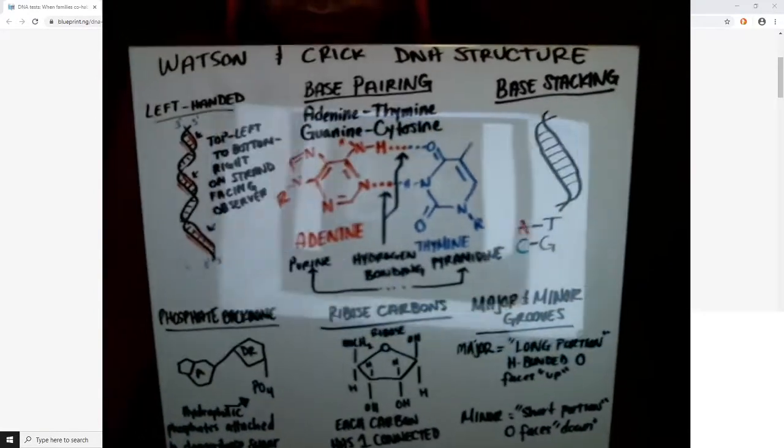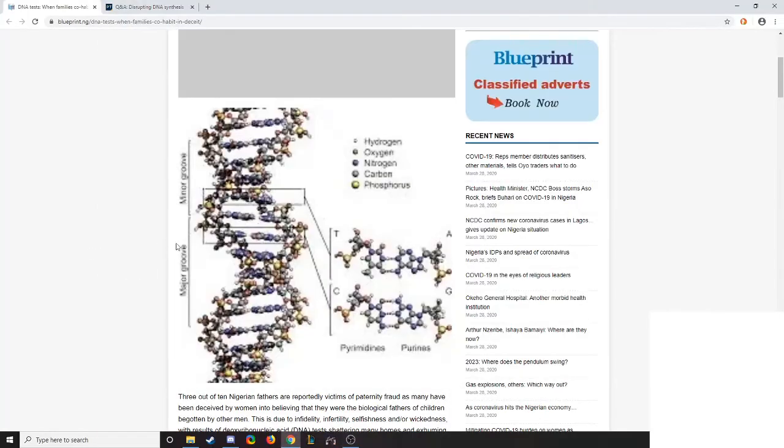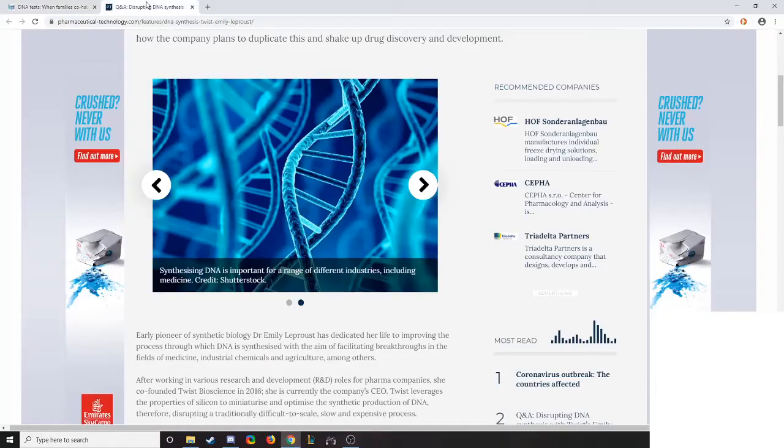For some examples, we have the following. Here, you can clearly see the left-handedness of this DNA strand. It is moving from the top left to the bottom right, the phosphate backbone that is, as we observe it. Again, in this image, we can see clearly that in the top left to the bottom right, the phosphate backbone travels as we are